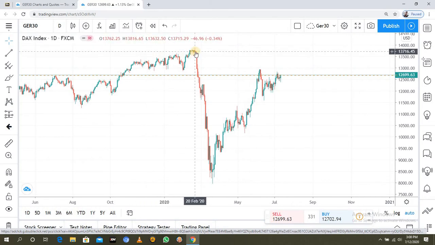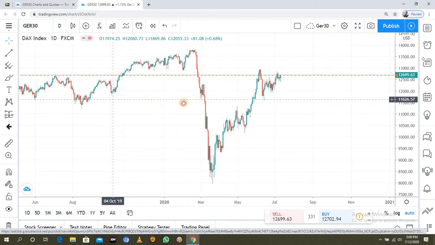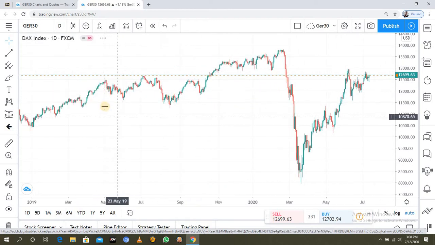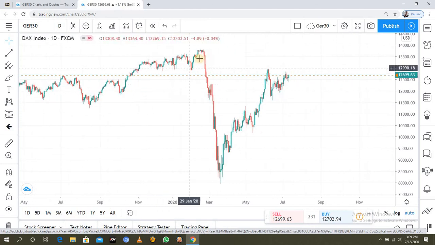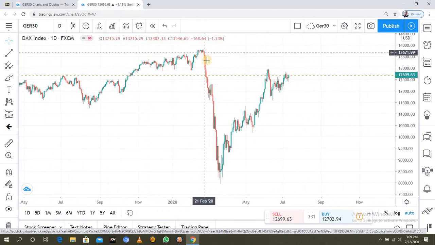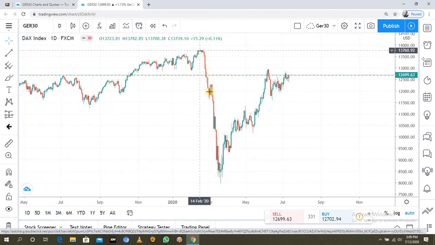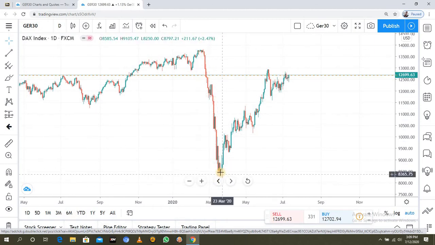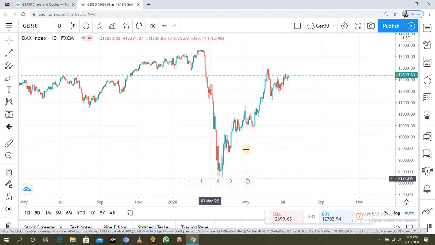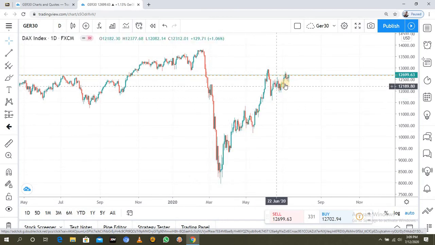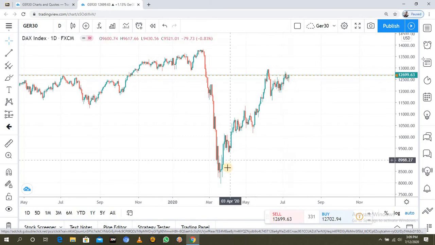Okay guys, remember when the incident for Corona started, GER30 was trending up, it was bullish throughout, right? So when Corona started, the price fell pretty hard, right? That stock was losing and everything. But right now, just because of the levels of lockdown and everything, prices begin to push back up, right?